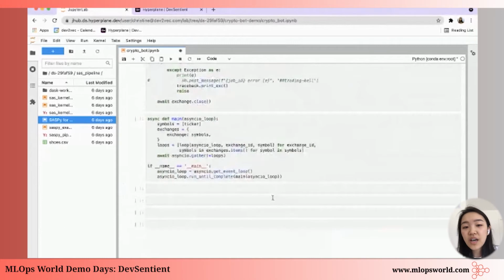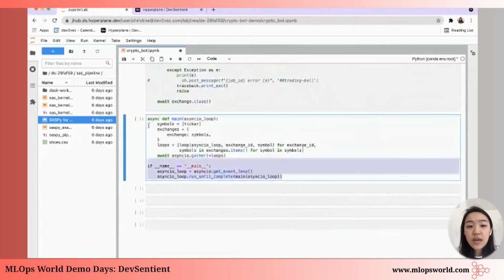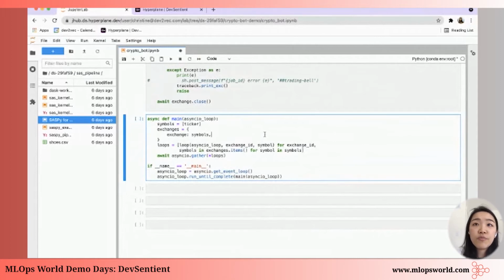But the cell that I wanted to highlight is actually this one. The intention of this is to essentially run in an infinite loop of pulling some data, doing some pre-processing, applying some logic, and then doing the actual trades. So of course, we can run this entire notebook on our Hyperplane Jupyter Hub cluster, and we could just keep this notebook up and it'll be running.